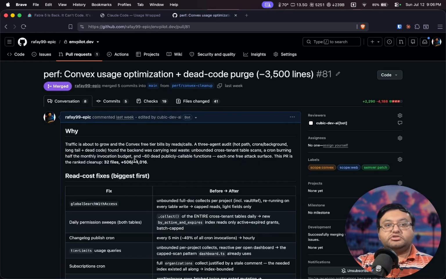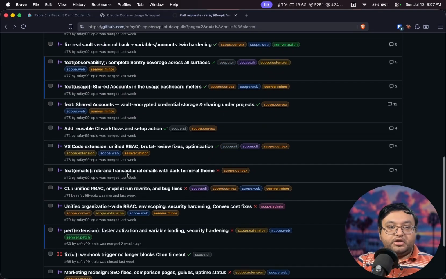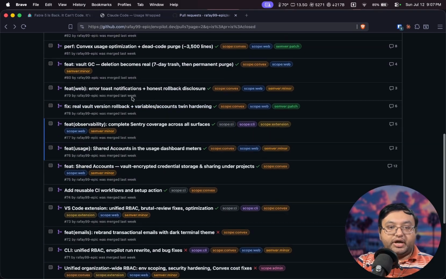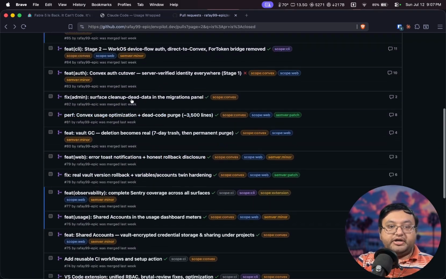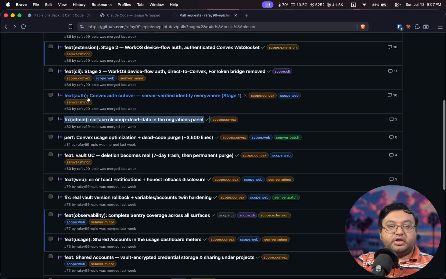In the last couple of years or so, code was an expensive thing, and rewriting it and porting over things was something we could not afford. But now, I really don't care. We can do a lot of cool stuff, and you can see that it started to add a lot of stuff. And then we fixed the dead code migration in the admin panel,